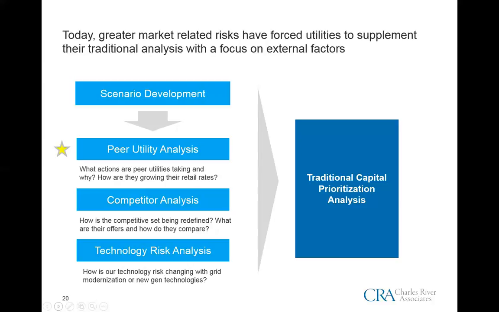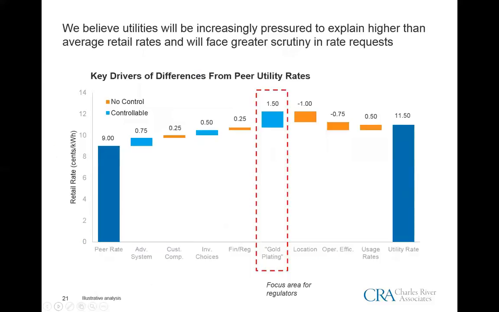So what we're focused on here is the peer utility analysis, a question to really look at what actions peer utilities are taking, why, and how this is ultimately impacting retail rates. And we think this is quite important because we believe utilities will be increasingly pressured and required to explain how their rates compare with others, particularly in the same jurisdiction, whether it's with the state regulator or perhaps within a region or an ISO that they operate, to really have to face the questions of why they may be different